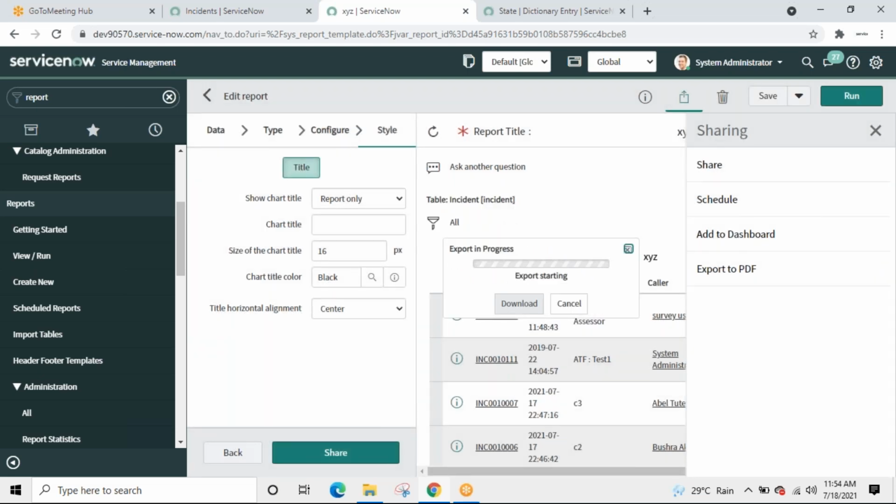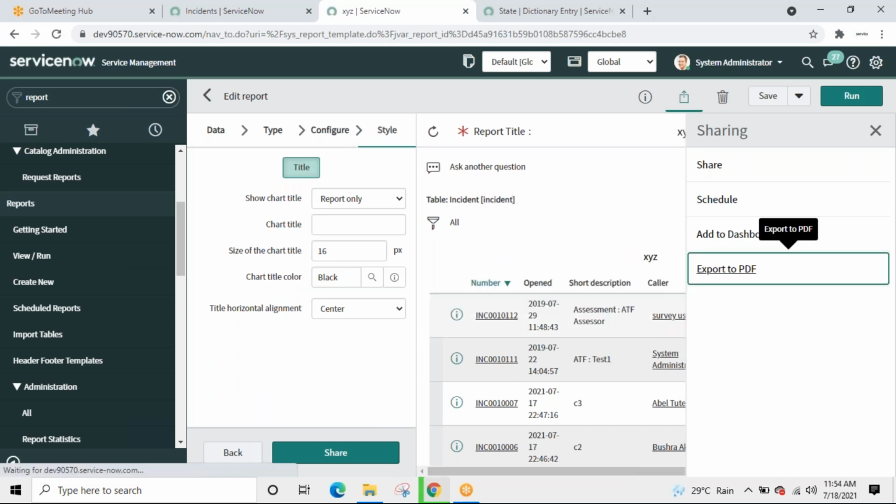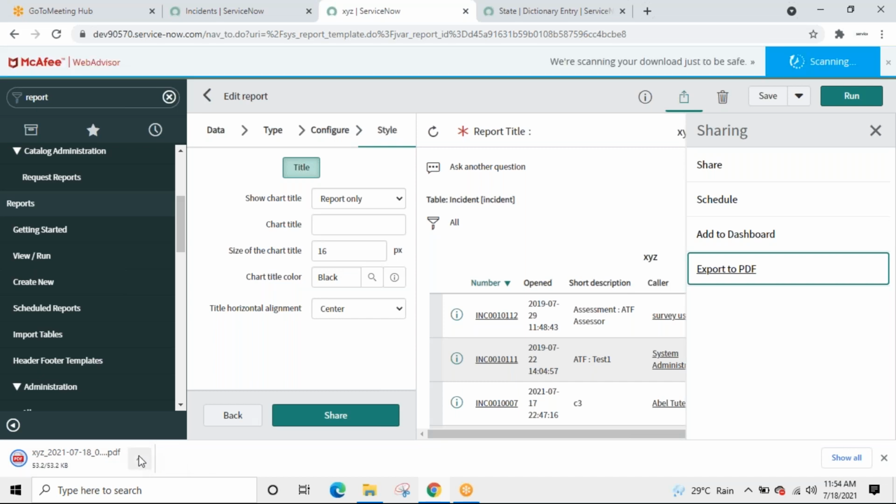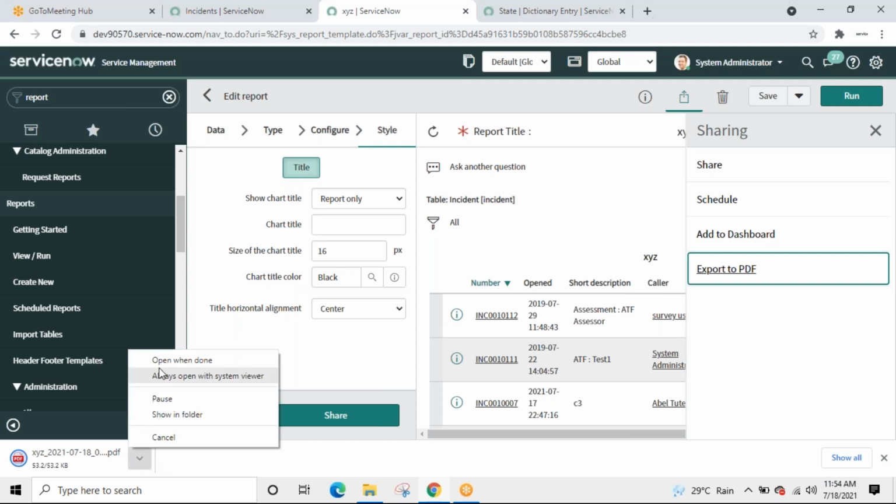So is it that it will give us some file? Yes. Download. Open it. It is downloading. Download it. Scanning. Open. Show in folder.